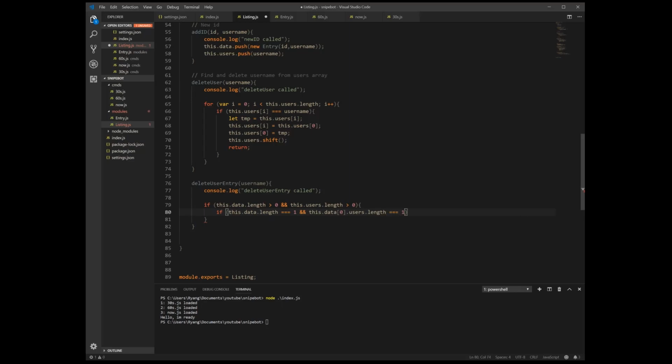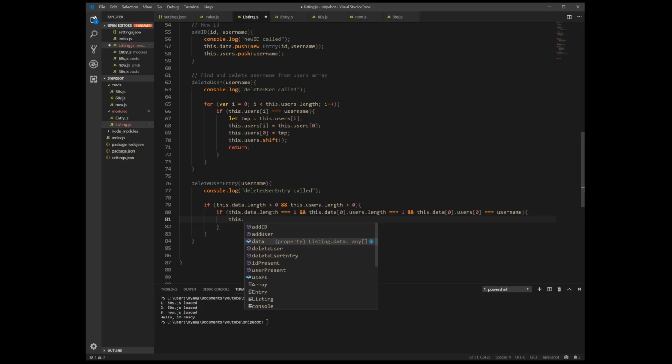In this case, if we only have one ID in our data array and only one user inside that ID, then we check. So if this.data[0][0], which is always the first one in the array, is equal to our username.